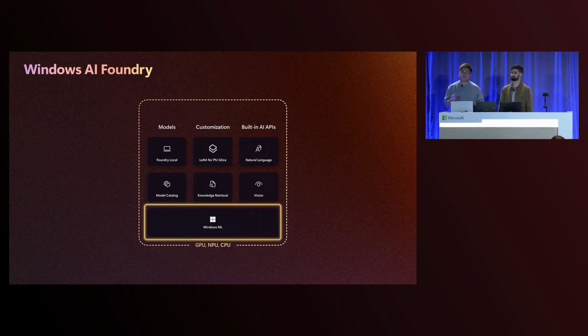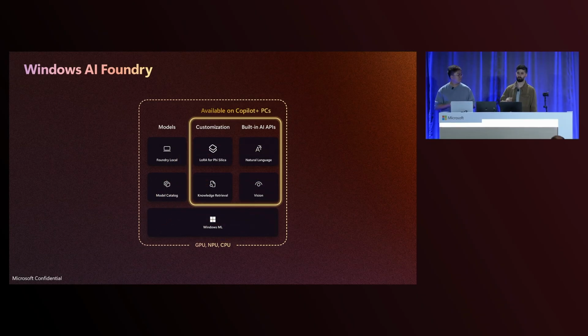And if you need total control, we support you to bring your own model and run inferencing on them using Windows ML directly, which is the foundation that powers everything else that's in this diagram. This was introduced in another session from yesterday. Tons of really cool coding demos there, so I highly recommend it. We'll be posting both session info at the end of our session.